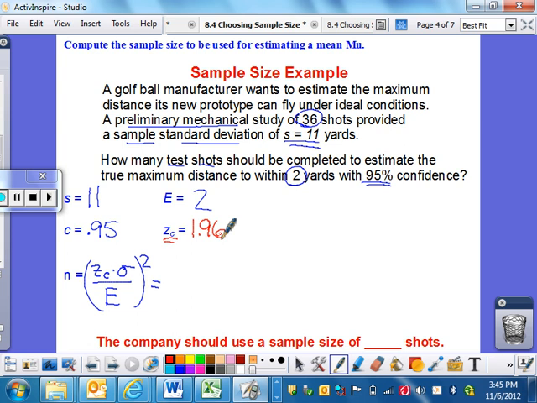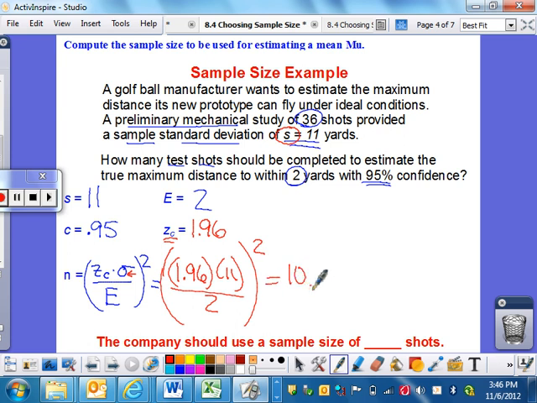Now we just need to dump everything into this formula. My z critical value, 1.96, times my standard deviation. Now I put sigma here. If I do not give you the actual population standard deviation, this is where you go and find a sample, as long as it's more than 30. So 11 yards is my standard deviation. I divide that by my error, which is 2, and then I need to square it. So 1.96 times 11, divided by 2, and then squared, that's 10.78 squared